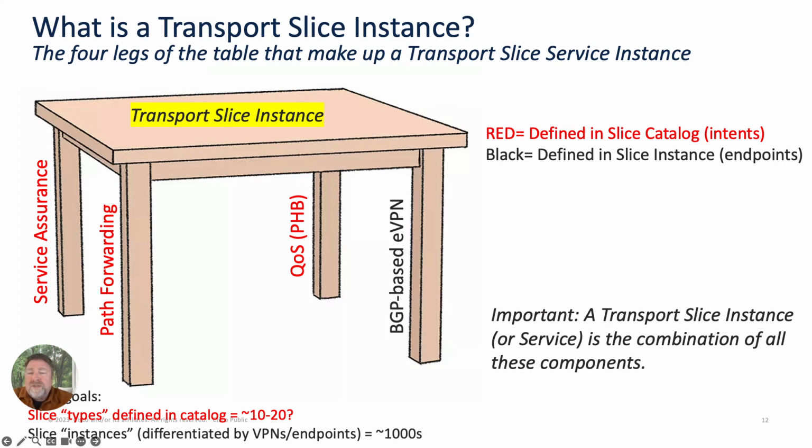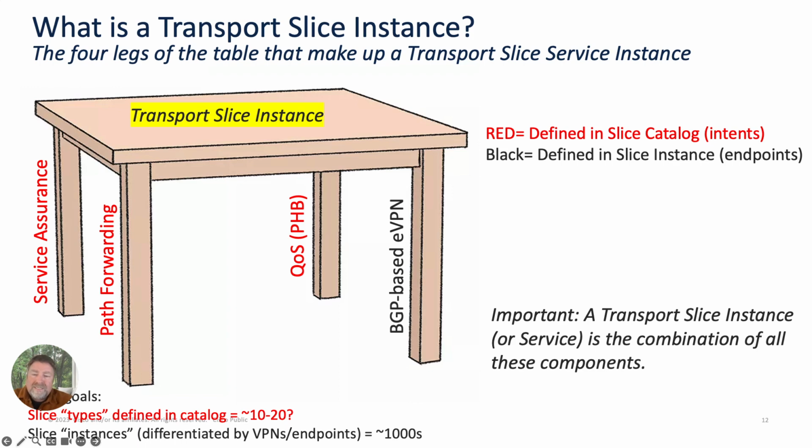So what have we done here with Cisco? We've defined something called a transport slice instance, and the four legs of the table, which actually are used to build the slice instance, include proper QoS. We're all familiar with QoS policies. Path forwarding. So what is the path that the traffic will follow to meet that SLA? And we're using segment routing traffic engineering for that. Service assurance, so several mechanisms to verify that the service is up and running and meeting the SLAs. And those three legs of the table are all defined in a